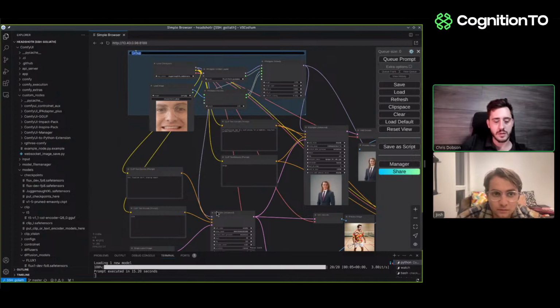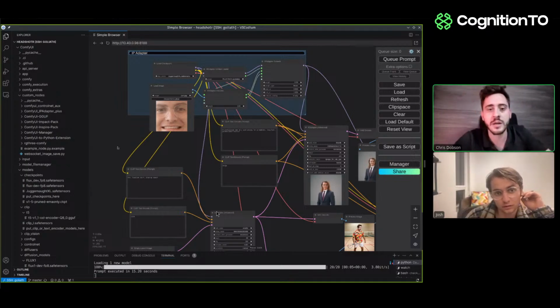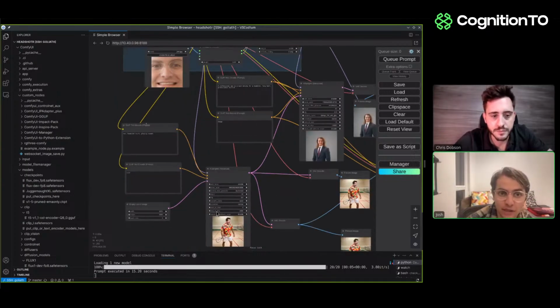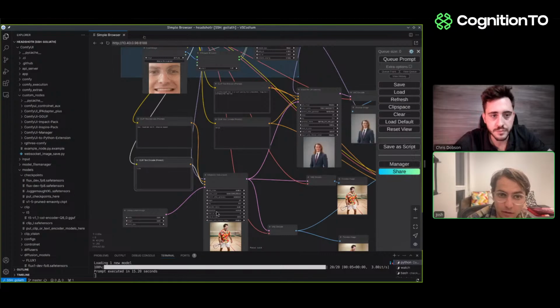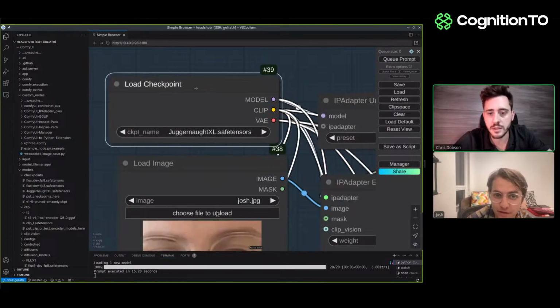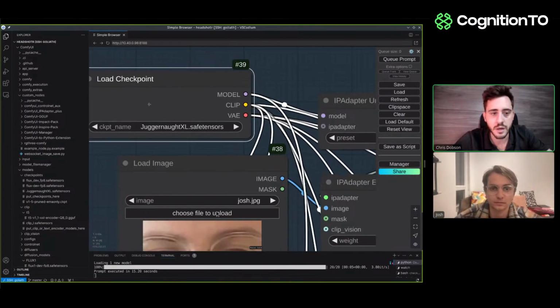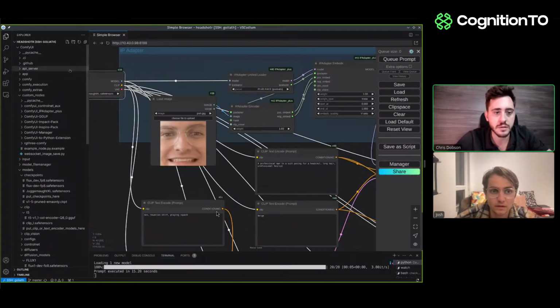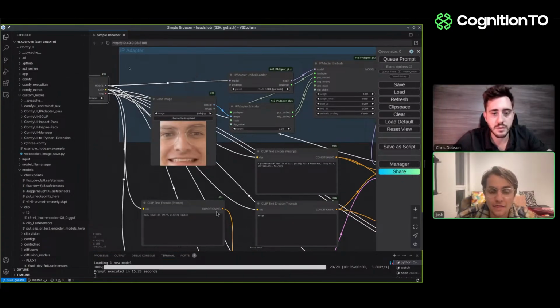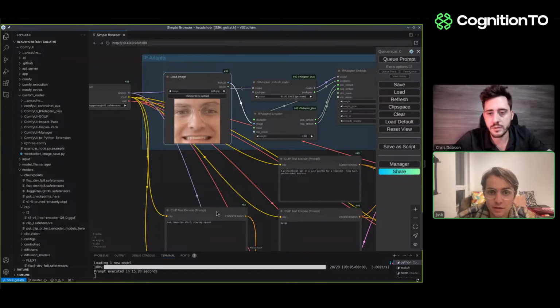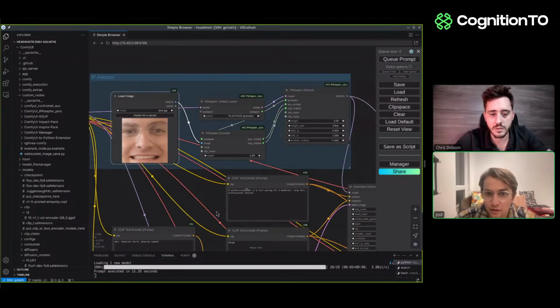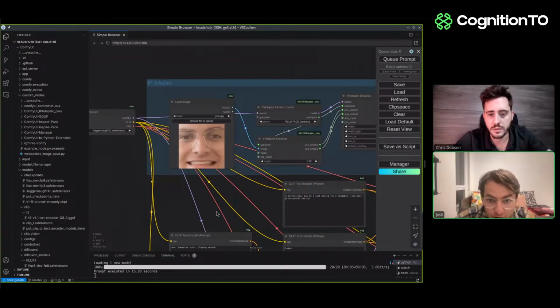are the IP adapter. It's kind of like the LoRA: it lets you customize how the model is generating stuff. So here, load checkpoint is loading in the vanilla model. Load image is loading in the image. You're actually right, so this is not IP adapter direct. And then we're loading in the image, and the IP adapter encoder is loading in the image,